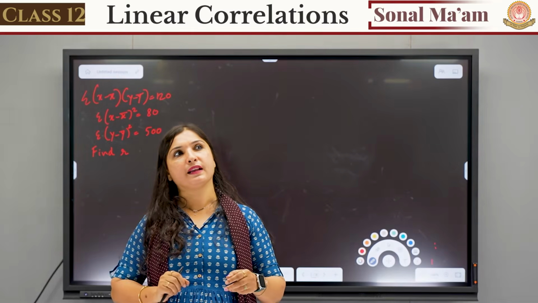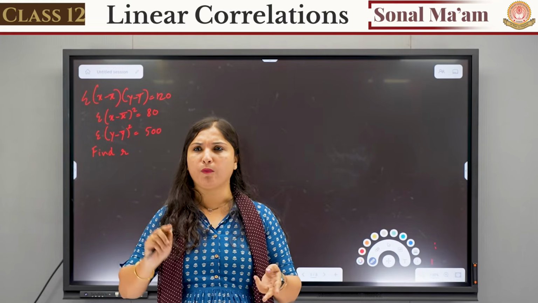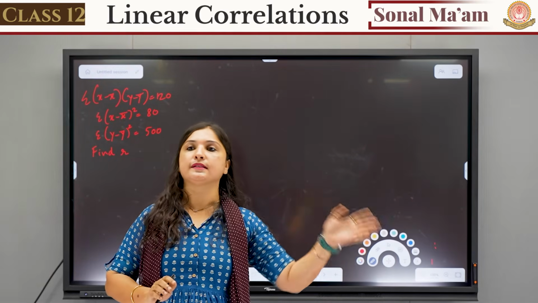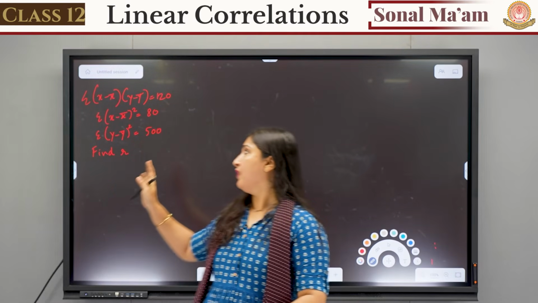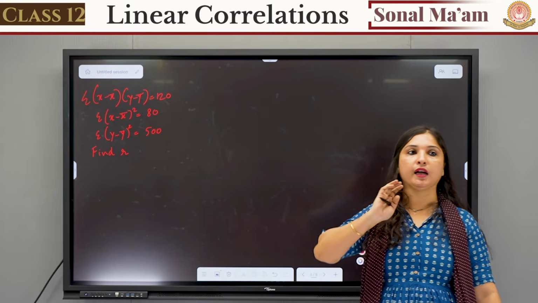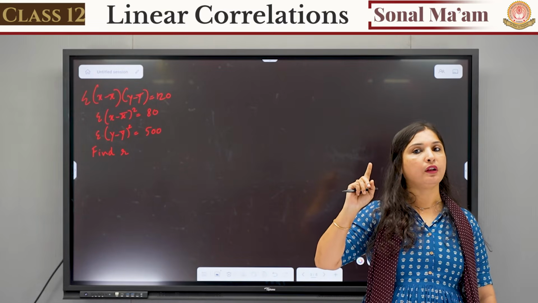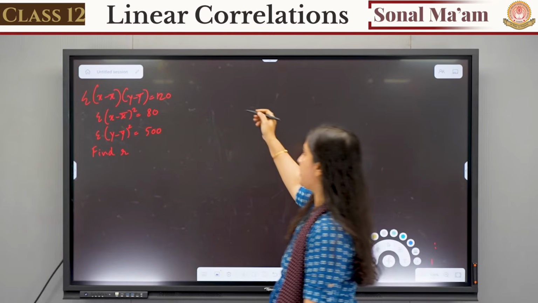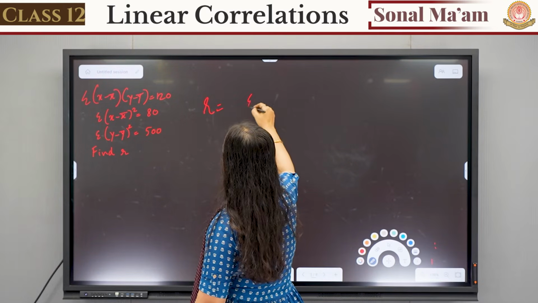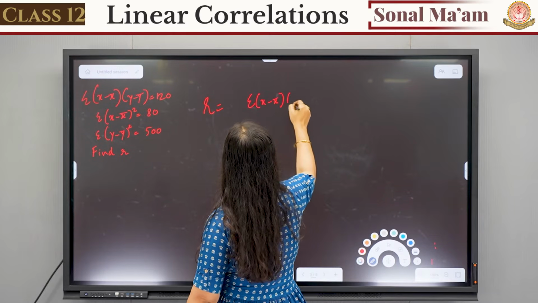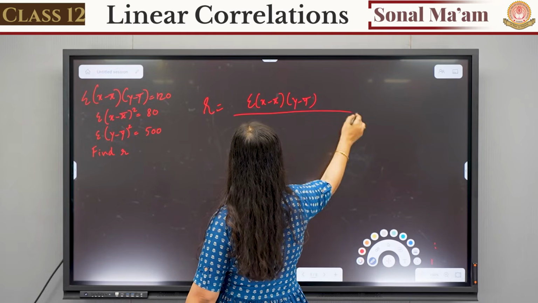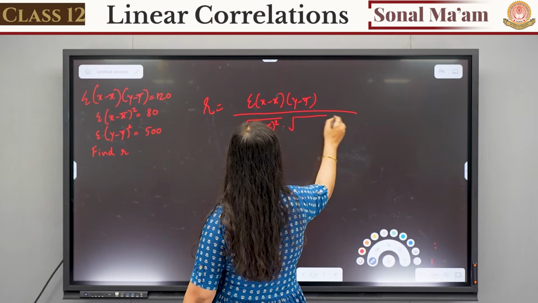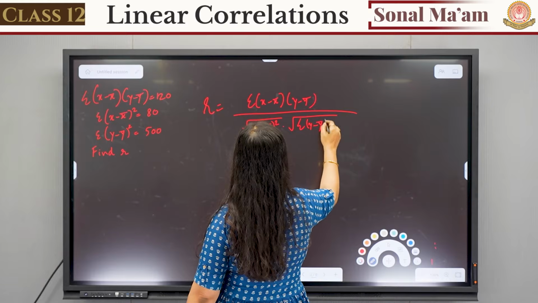Now you will think, if x bar is in decimal, which formula will be applied? No, in short sums, on the basis of whatever is given to you, only that formula will be applied. When you see this question, can you clearly understand which formula will be applied? The first one, when x bar and y bar are integers. What is the formula? r is equal to summation (x minus x bar)(y minus y bar) divided by under root of summation (x minus x bar) the whole square into summation (y minus y bar) the whole square.